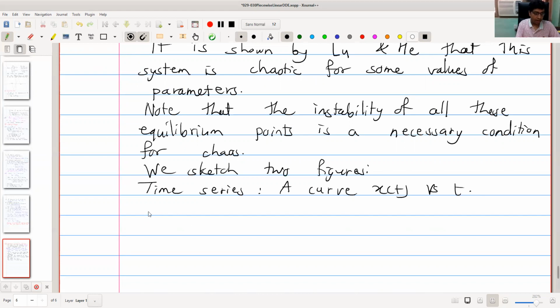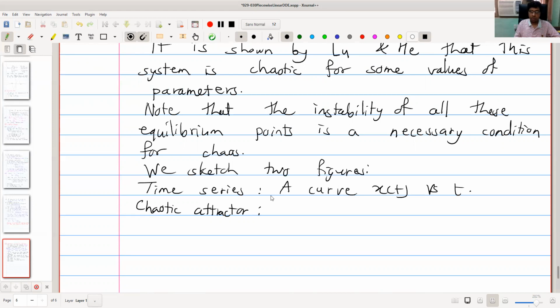And the second thing is the chaotic attractor. Actually, attractor has special meaning in chaos theory, but we are not going into details. We have seen the Lorenz system, ordinary differential equations, where we sketched a parametric plot in R3, x of t versus y of t versus z of t. And we were getting a butterfly-like figure. It is nothing but the chaotic attractor of the Lorenz system.